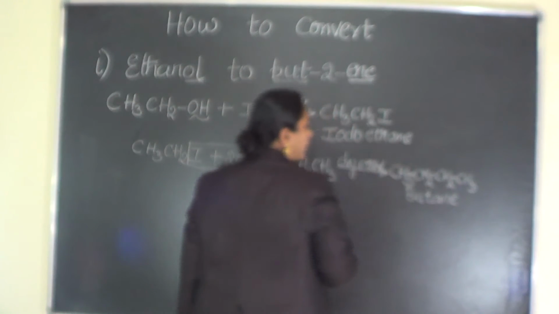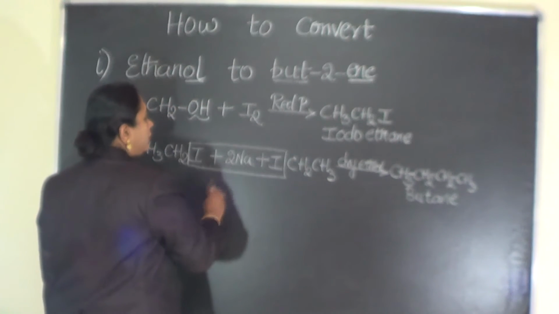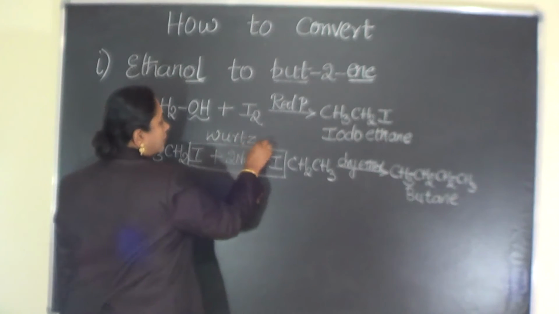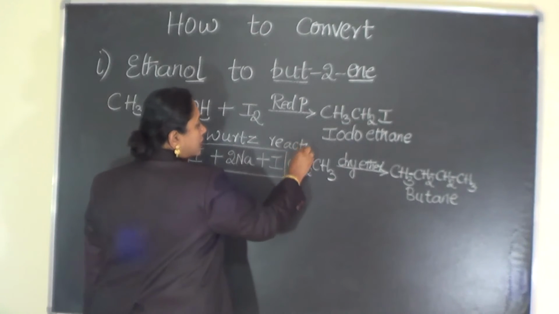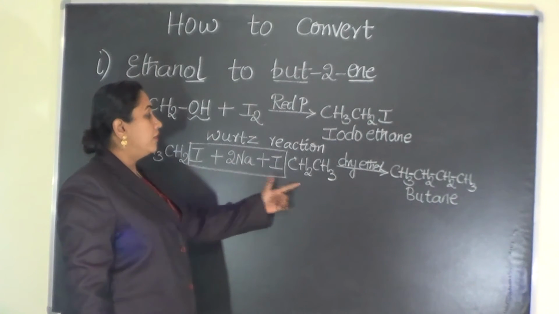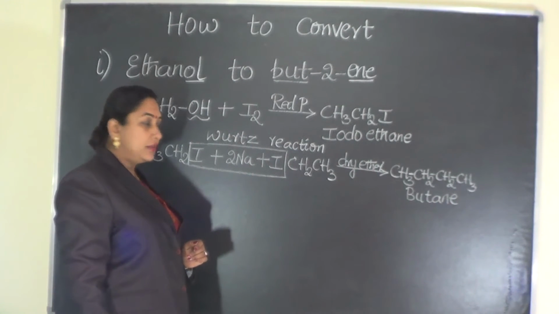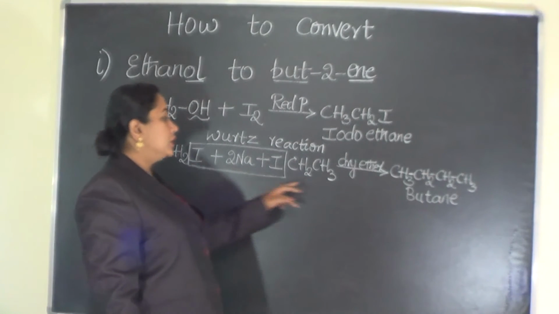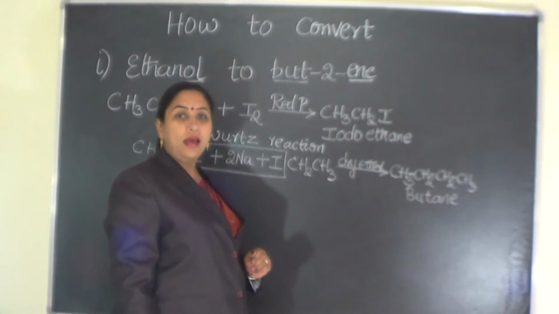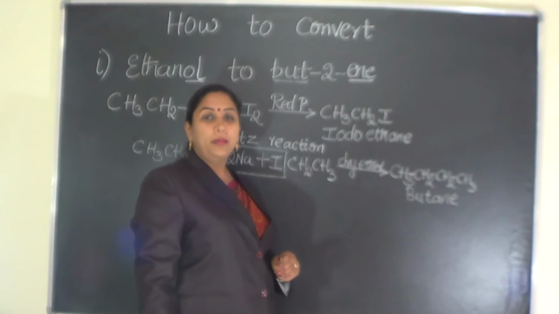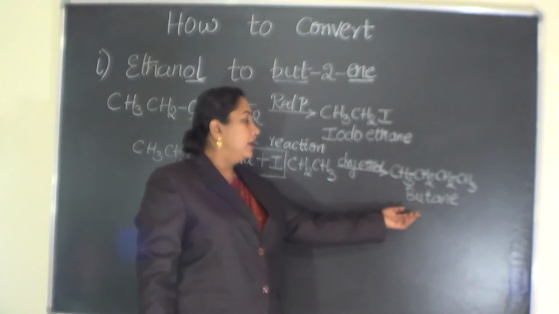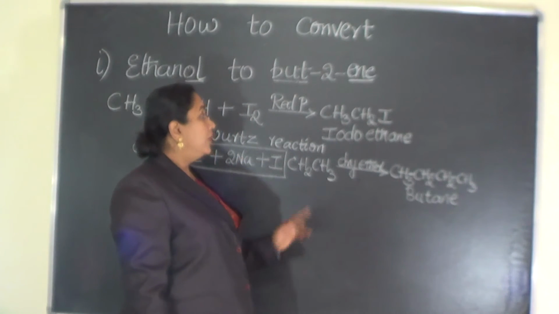So what is the process we carried out to obtain butane from iodoethane? As I already told you, the name of the reaction is Wurtz reaction. What is this Wurtz reaction? Whenever two similar molecules of alkyl halides are treated with metallic sodium suspended in dry ether, it will always result in the formation of a higher alkane. That means we have carried on the process of ascent of series. So by the second step we landed up with butane. What do we want actually?